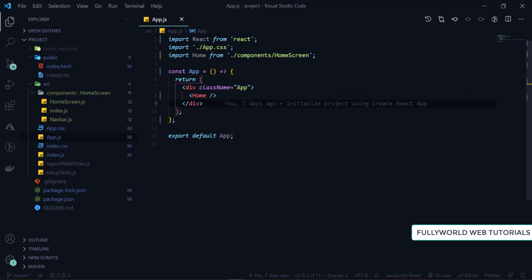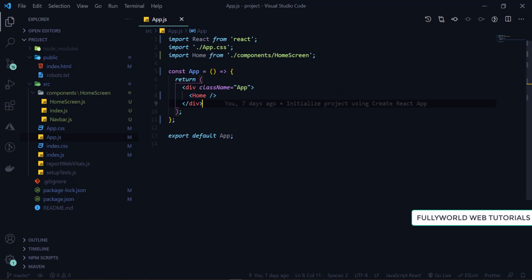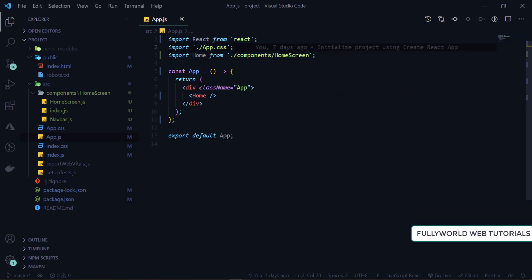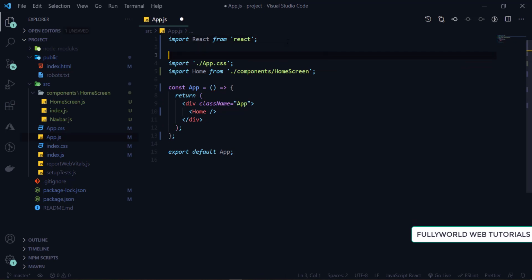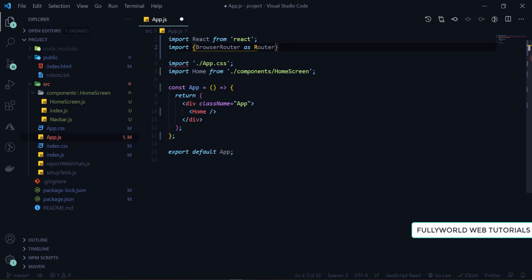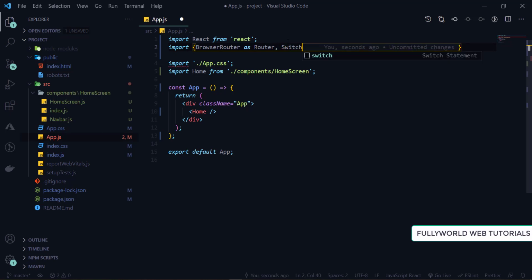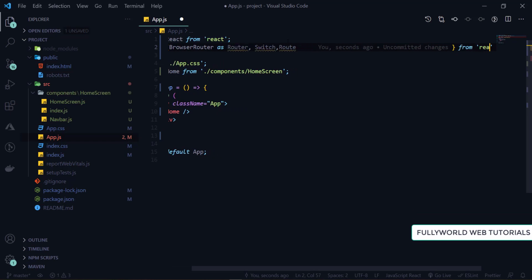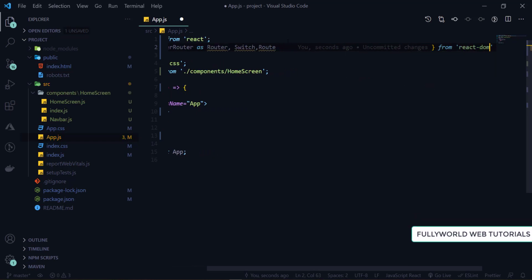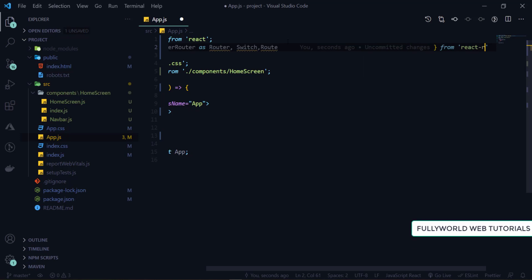After closing this terminal, let's apply our routing here. First of all, I'm going to go here and import our BrowserRouter as Router, and we want to import Switch and Route from react-router-dom.